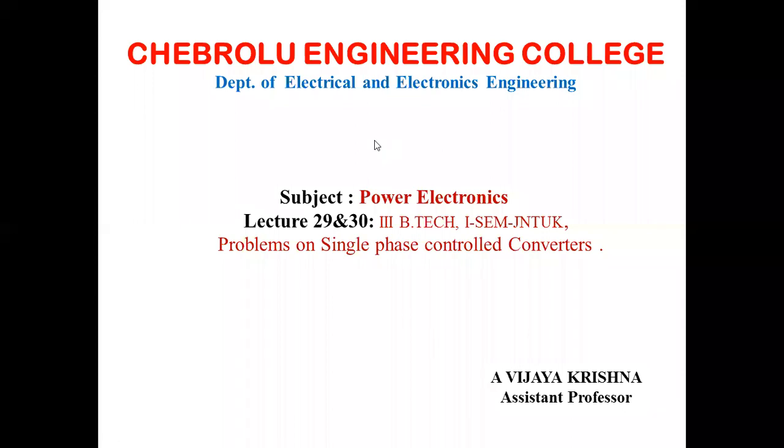We have two different modes of operation of the single phase full wave controlled rectifier: the continuous current mode of operation and also the discontinuous current mode of operation. We are going towards the RL load, not a general load, with a freewheeling diode also placed. For the derivation expressions of the discontinuous and continuous current modes, we will discuss some more problems.